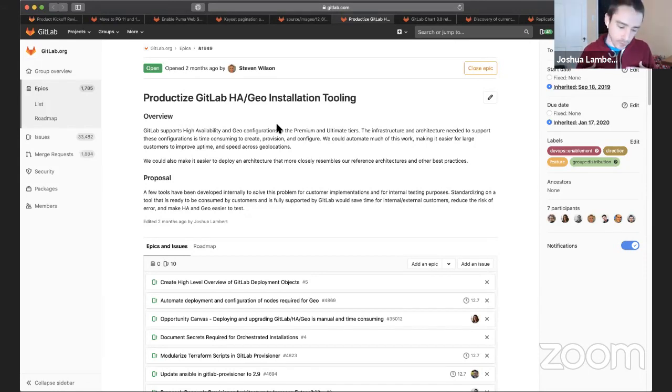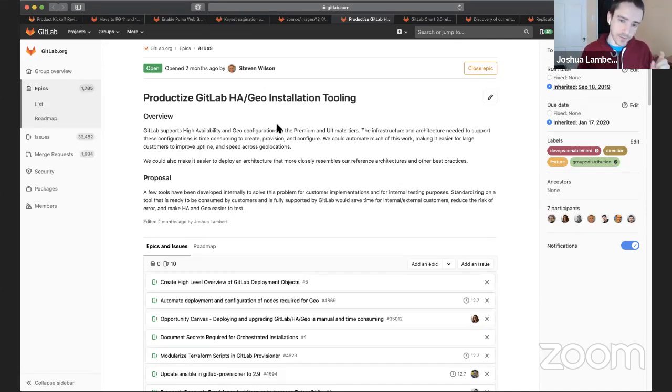So right now we've been working on improving the GitLab provisioners that we have within distribution, and we're working to enable Geo. We almost finished it last release. We'll continue to get it across the line this release, and that will allow us to have a deployment of HA of GitLab with Geo on GCP by the end of this release.